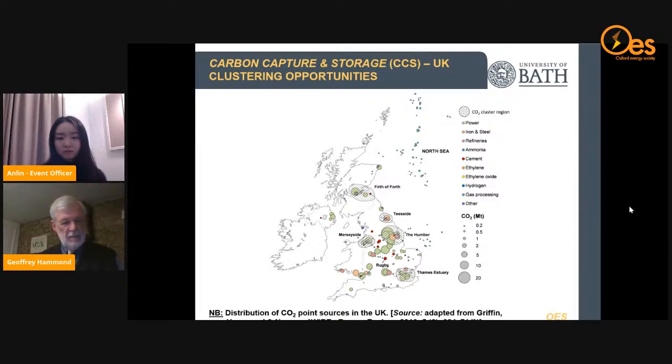Now, it's thought that they would be ideal candidates for extracting the carbon dioxide, both from the power plant and from the industrial activities, and then putting them into a central capture station and then pumping them out to the North Sea. There are certain places in the UK, like in South Wales, where you have very large steelworks, where there isn't an obvious place where you could pump the carbon dioxide. So that's a disadvantage in that instance. Next slide, please.